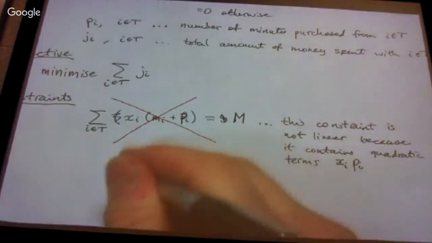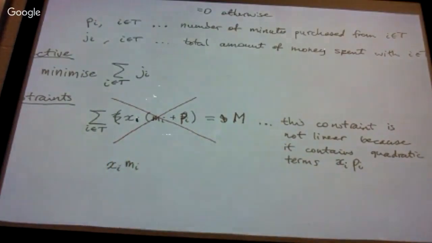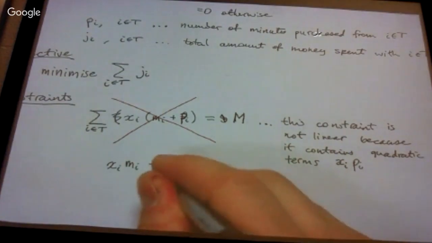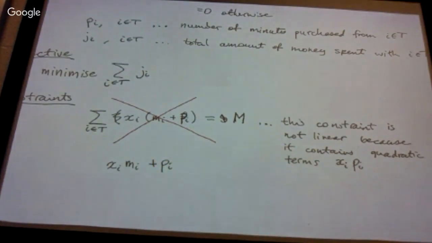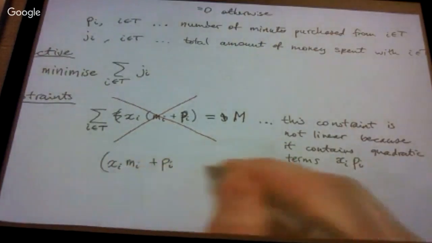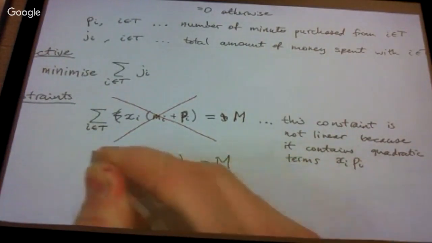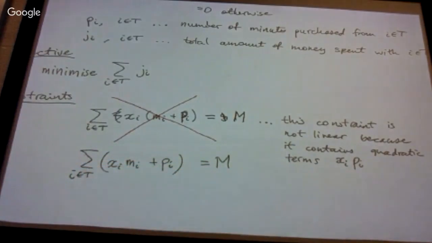So what you want is xi times mi. That's perfectly legal because mi is a constant. It's just the number of free minutes, and that's part of the data, so you can multiply by that. And then you just add the number of non-free minutes, pi, and you don't have to multiply it by 0 or 1. All of that added together should be equal to the 500 that we need. This one's linear,